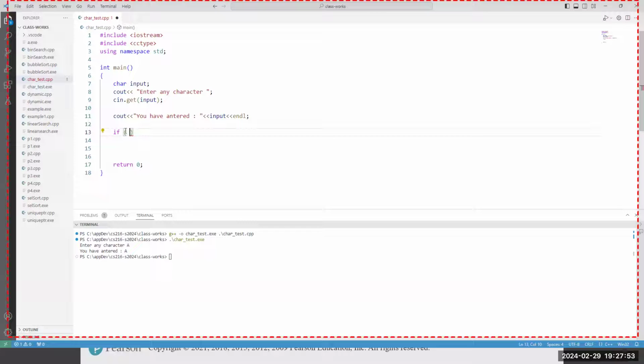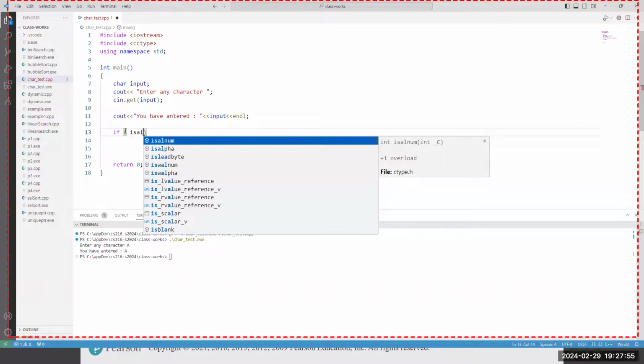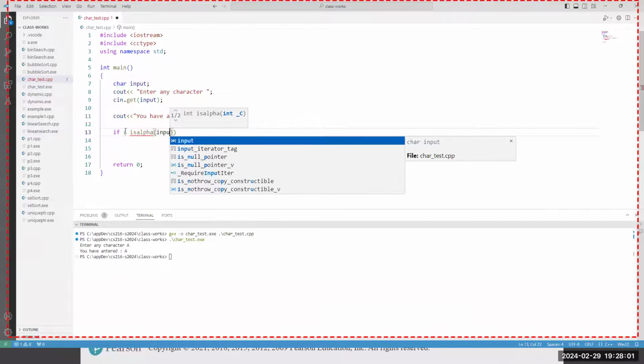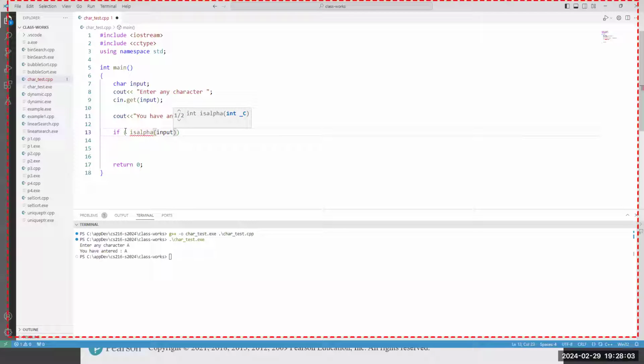So you can say isalpha, and then you do input. isalpha is a function which is internal to this cctype library. When you are using C++ and include this library, isalpha is a function already defined, so you have to use it. So you can say there cout,